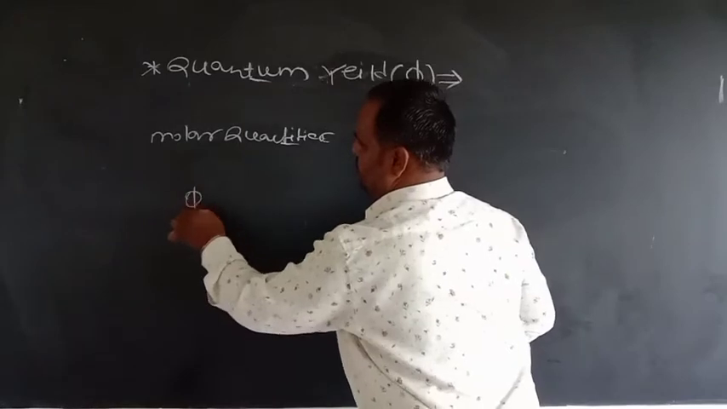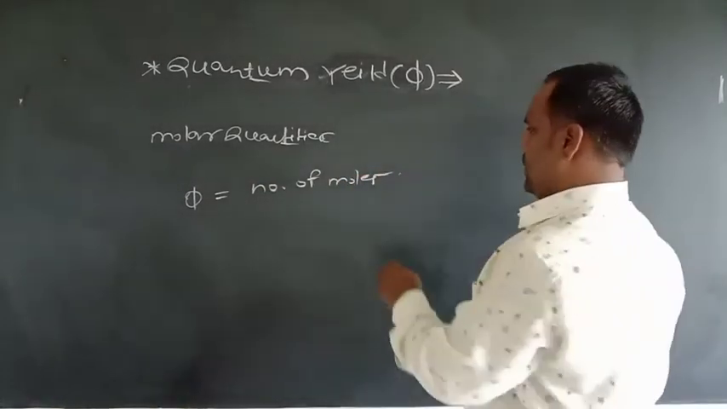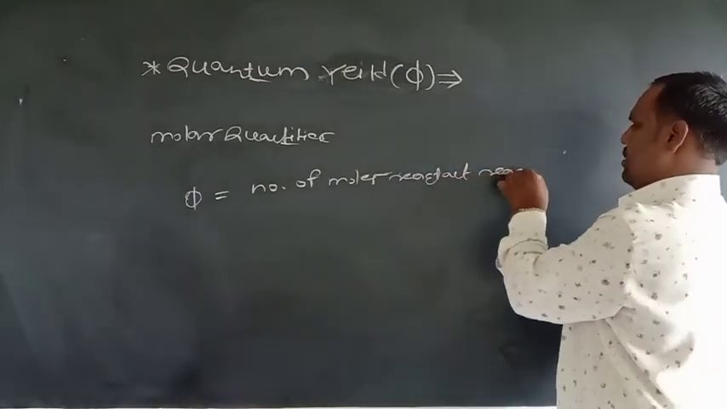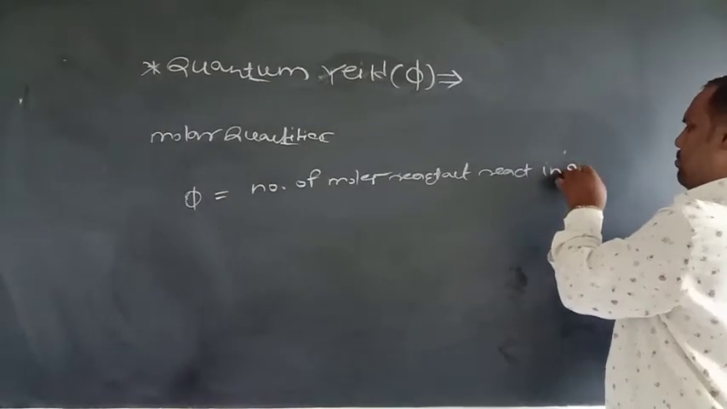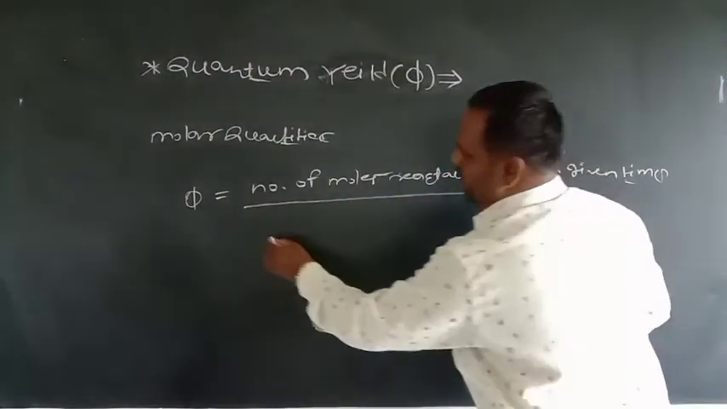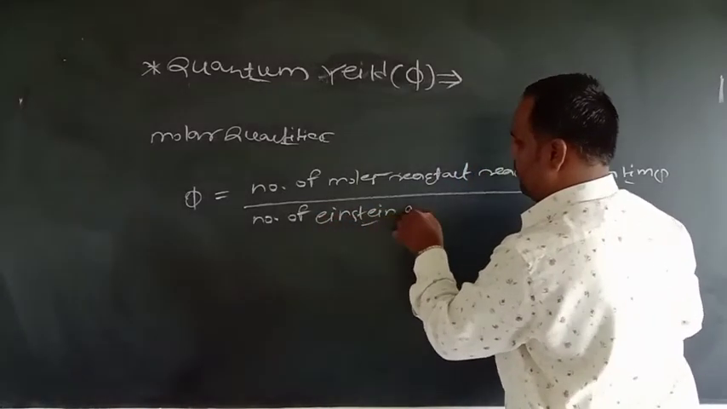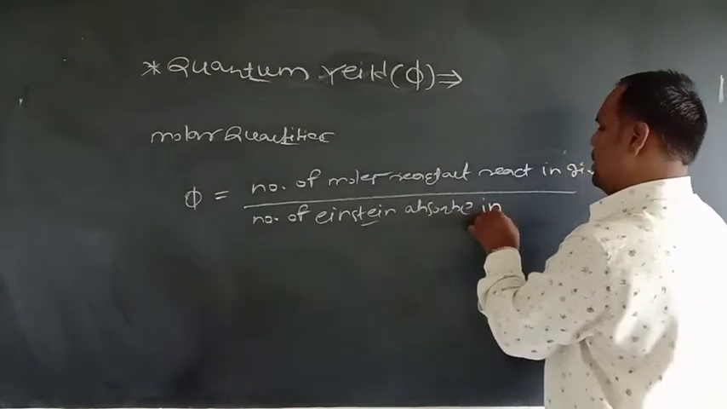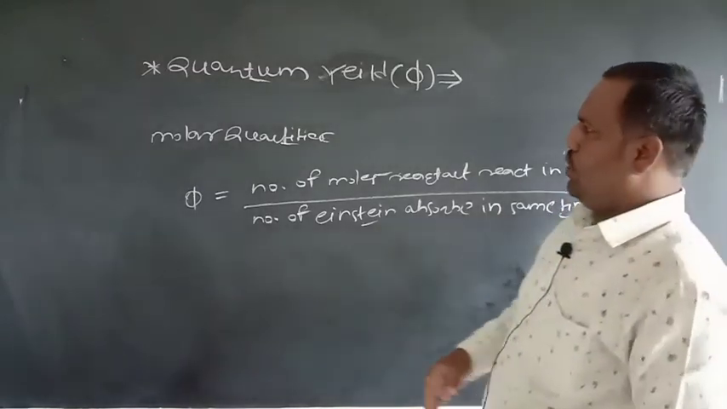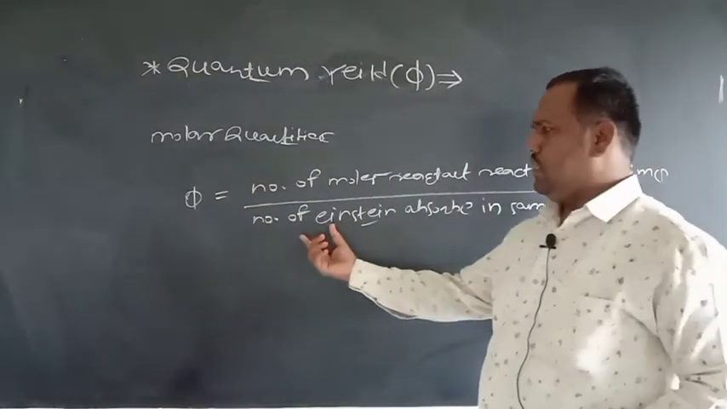So phi, which is equal to the number of moles of reactant that react in a given time, to the number of Einstein absorbed in the same time. So in the case of molar quantities, it is the number of moles of reactant that react in a given time to the number of Einstein